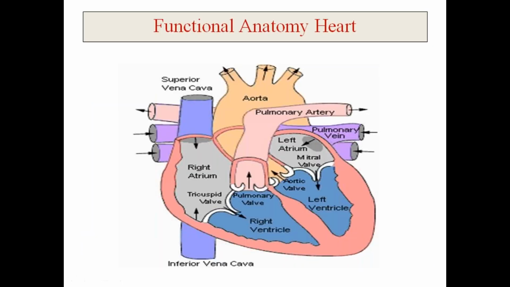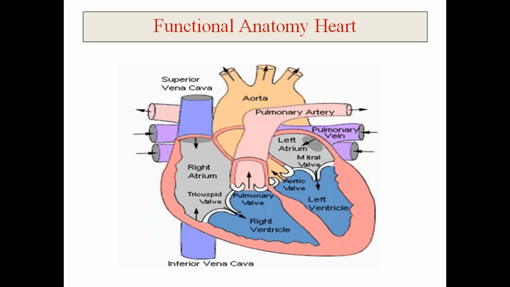So this diagram would be very much familiar to you all. You must have drawn this diagram in your class 10. This is a four-chambered human heart. You know that you have two atria and two ventricles. On the right side you have the right atrium and right ventricle, and the right atrium is connected with the right ventricle through the tricuspid valve. From the right ventricle, the pulmonary artery comes, and this carries the blood from your right ventricle to your lungs.